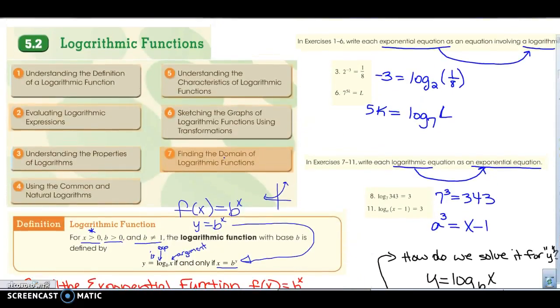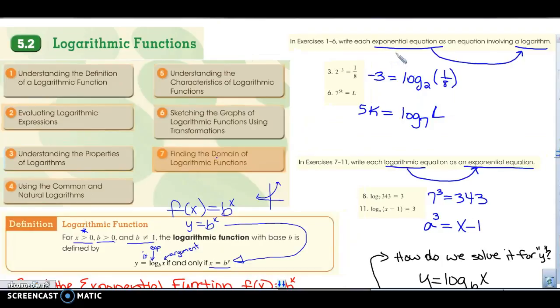Taking a look at the first types of examples that you will encounter, going from exponential to logarithmic form. So this is an exponential form and they want us to rewrite it in logarithmic form. Just realize you have three components that you're going to rewrite in this format. So the exponent y is going to come here, then followed by the equal sign, logarithm. The base b is written as a subscript, so the base b is going to be transferred here, and the argument x, or the result, is going to be next to it. So taking a look at this example,